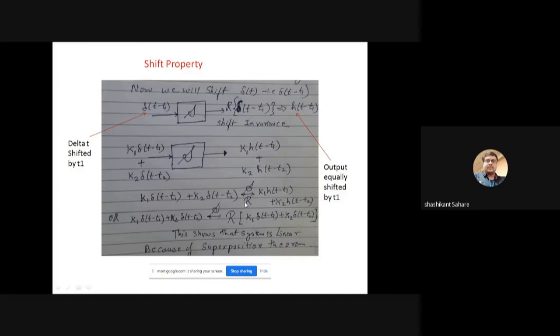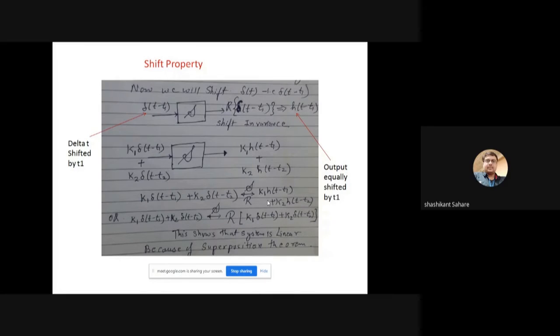The superposition theorem is just like in a network, as we know very well. We apply different voltage sources, and the overall addition of the sources V1 plus V2 plus V3 plus V4, whatever voltage sources we have, here we can say K1, K2, K3. So the output will be nothing but the summation of all the sources into the signal, right? If the system satisfies the homogeneity property, then we can say it is a linear system.